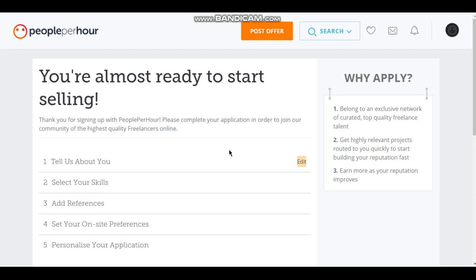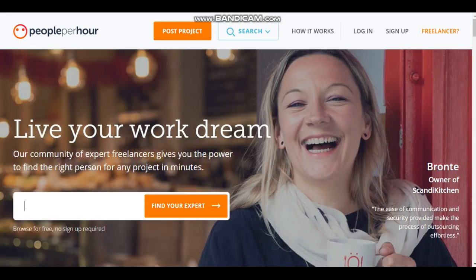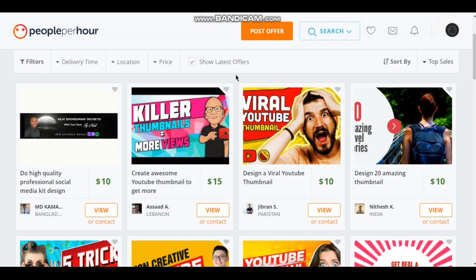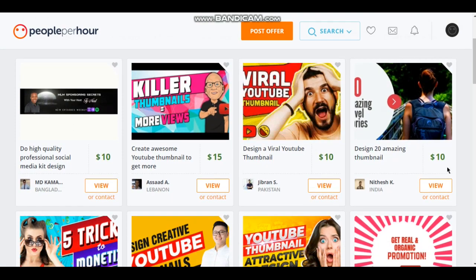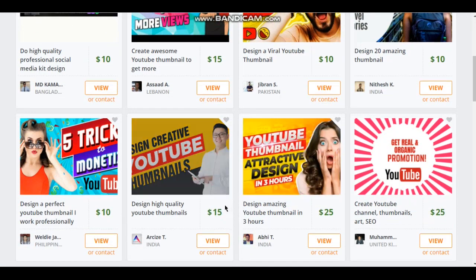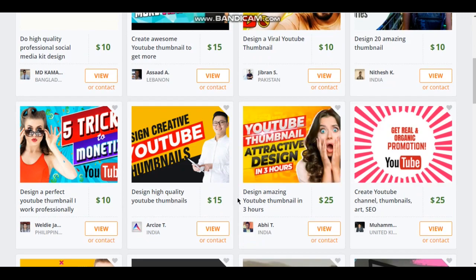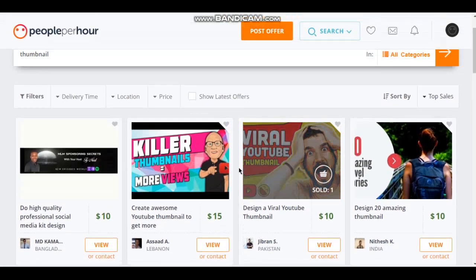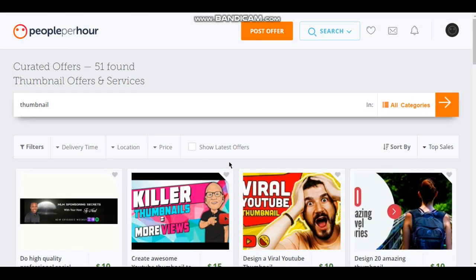So you can see right here, people, they are making money from this website. People per hour, they're making tons of cash. This guy, $10. So you set up your account for $10, set up these images, and when you get buyers, because definitely they are going to pay you first before you deliver the item. So you just get paid, come back to